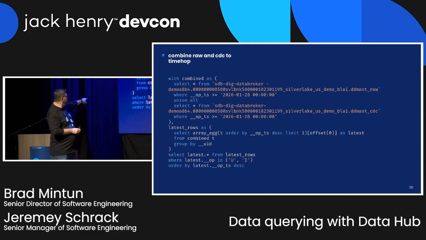Within BigQuery, the most efficient way to do this is to combine things into an array using your primary key and then taking the first one. Well, first we have to sort by timestamp and then take the first item from that. This is the most efficient way to get that most recent edit. And then at the bottom, we're filtering out anything that's not an update or an insert. So if you have deleted records, of course, you don't want to see that in your snapshot because it didn't